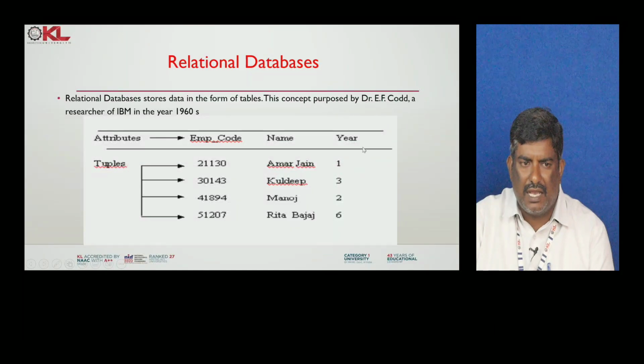The name of this column is called the attributes. Here we have the tuples. If there are 4 records stored in this database, these are all called the tuples. And next one,